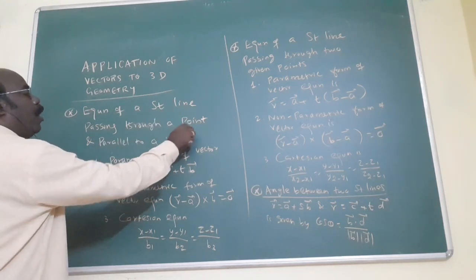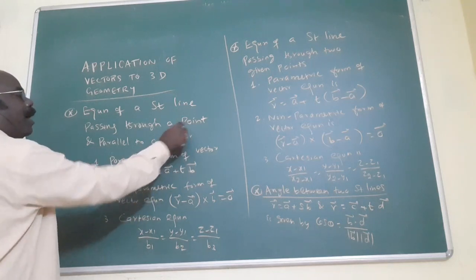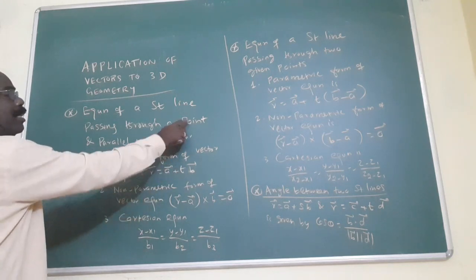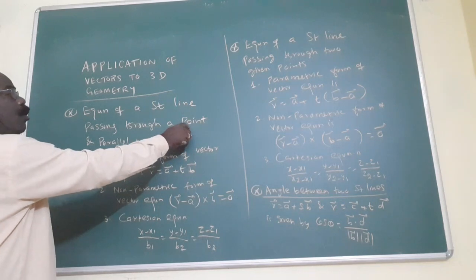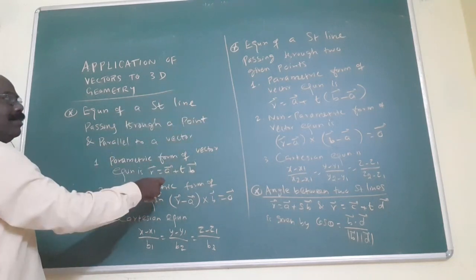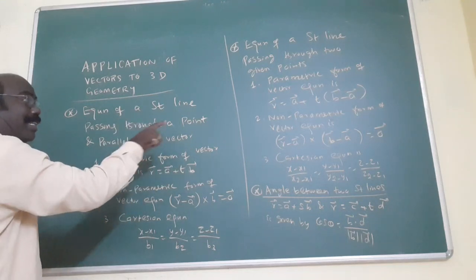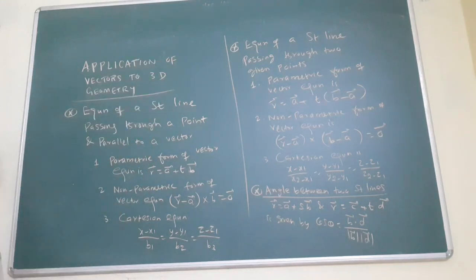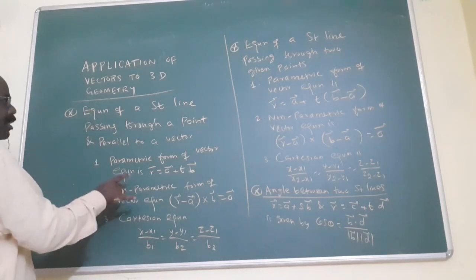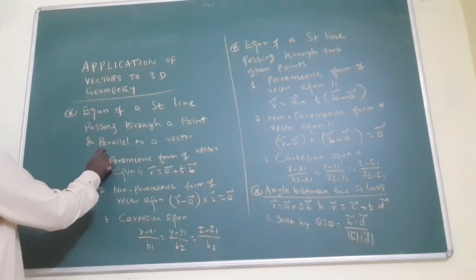That means what? One point, one vector. This is a 2-mark, 3-mark concept. The same concept can come as one point and two vectors, or two points and one vector, or three points. Those three conditions are important, about 5%. That is a separate equation, a separate exercise. Now in this concept, only one point and a parallel vector.